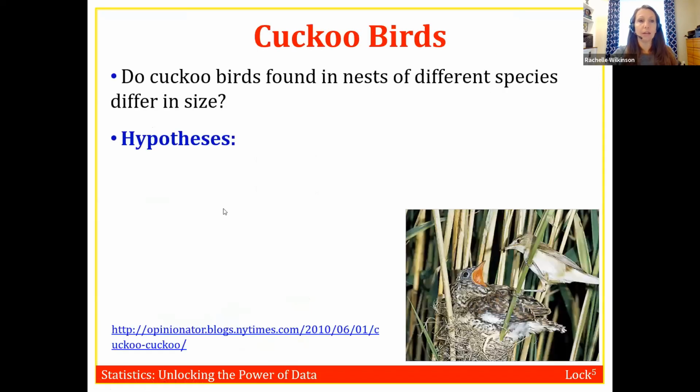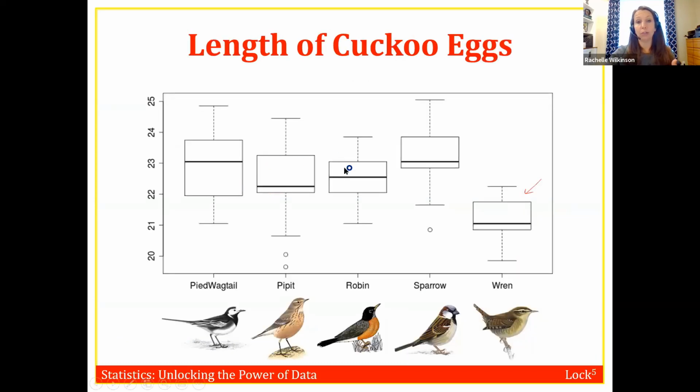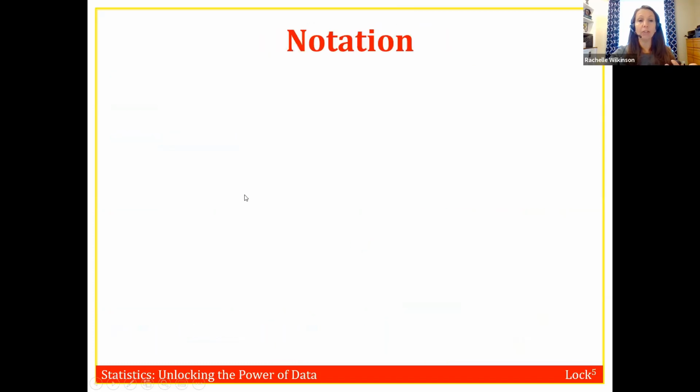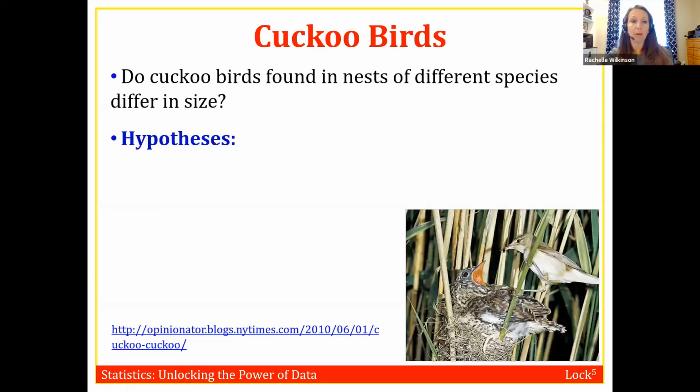All right, so to do that, we're going to do this analysis of variance, starting with our hypotheses. So remember, the null hypothesis is that all the means are equal, and then the alternative hypothesis is that at least one mean is different. And in this case, we have 5 different groups that we're comparing. So we have 5 means that we're comparing. So my null hypothesis is going to be that mu1 equals mu2 equals mu3 equals mu4 equals